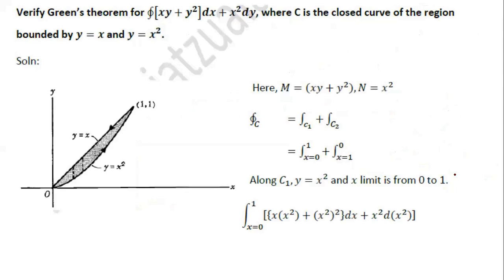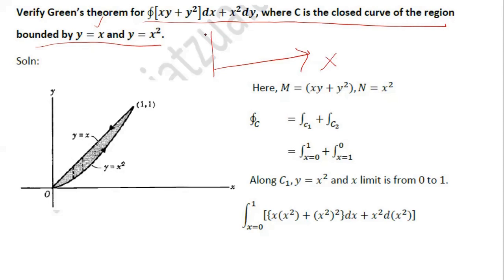So we can have an example here. This calculation is quite simple, so it will not take much time to explain. Verify Green's theorem for this, where C is the closed curve of the region bounded by y equal to x and y equal to x squared. So what is this equation? y equal to x means